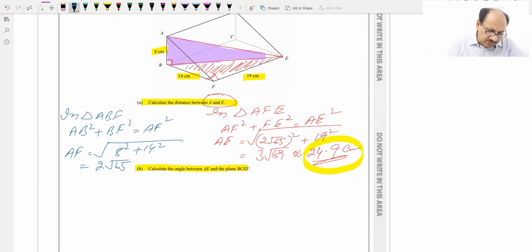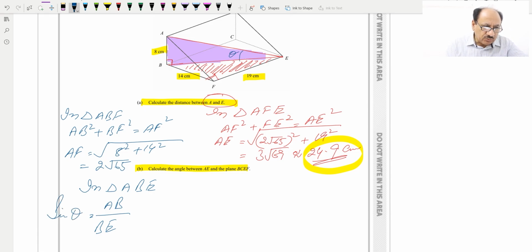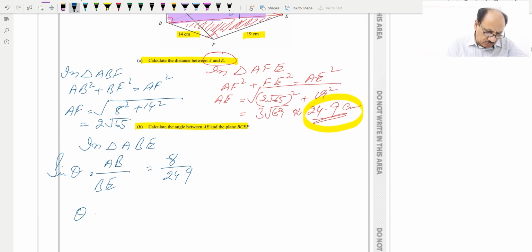So in triangle ABE, AB over AE will be equal to sine theta. Theta is this one. So this will be 8 over 24.9. So sine theta, we can write theta is equal to sine inverse of 8 over 24.9,